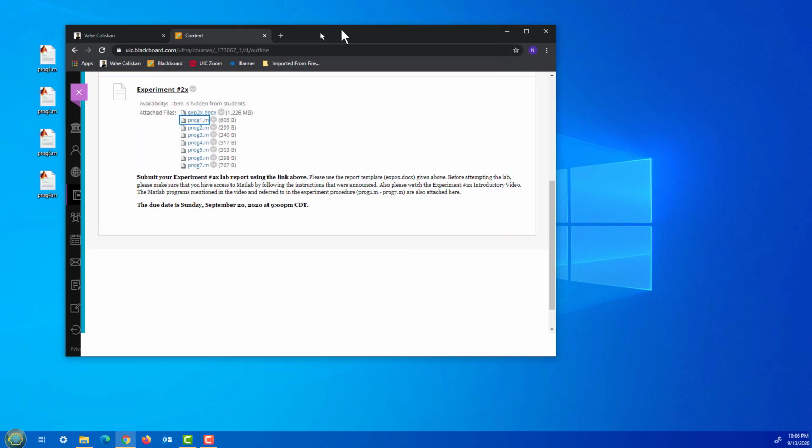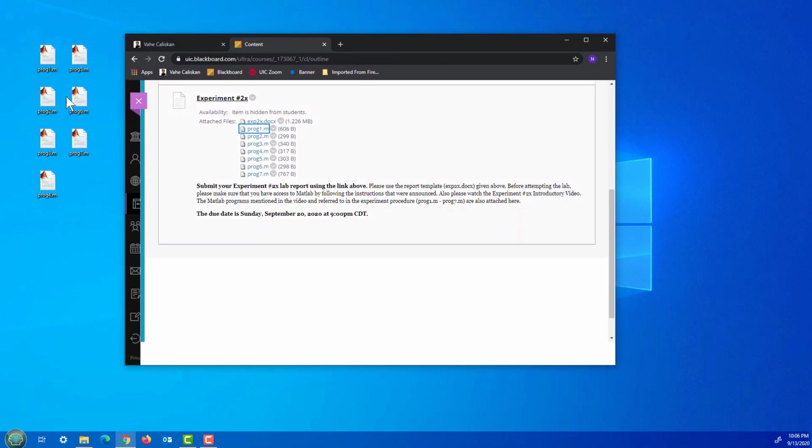I've already done that, and they're sitting right here actually. So here are the 7 files that are already written for you. You don't have to rewrite them. This is what you're going to start with to do the lab report, and this is what the lab report template is referring to. Okay, so once I have done this, I can just proceed with